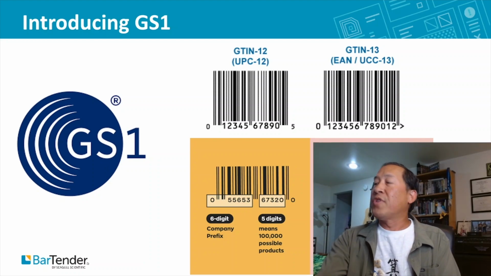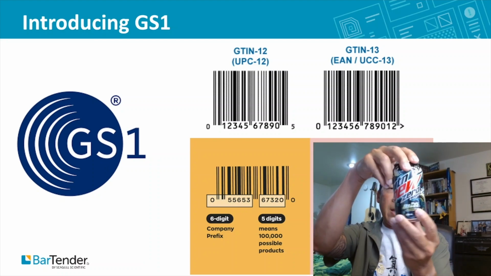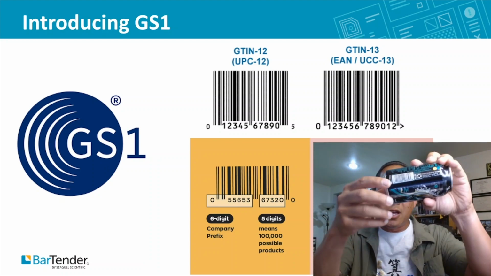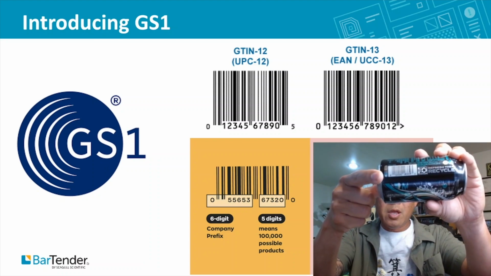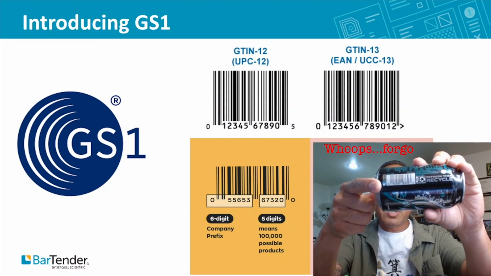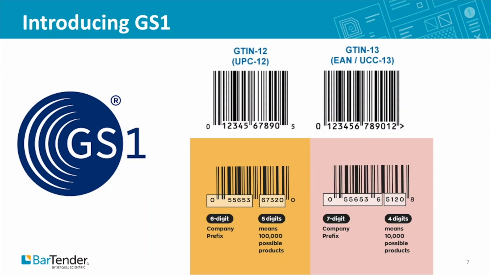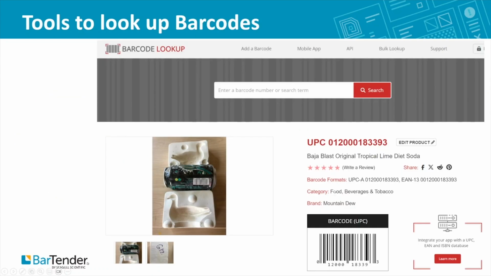So, if you wanted to take my favorite brand, for example, I've got my Mountain Dew here, and it's got the UPC code on here. And what you can read off here is 01200183393. Now, there are a number of places where you can actually take that number and search for the GTIN for pretty much any product that you find a barcode on. A search on this one,